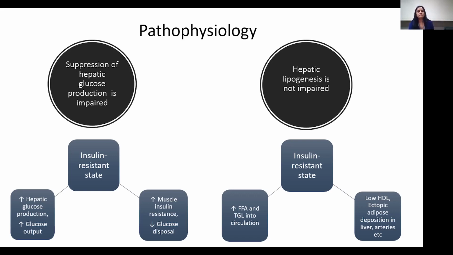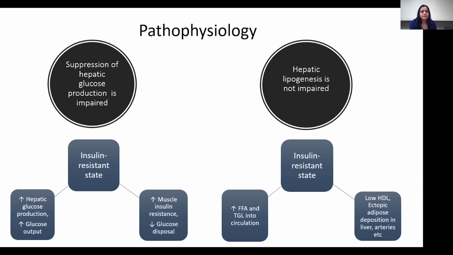Going to the glucose metabolism, suppression of hepatic glucose production is impaired. It is kind of a confusing term, but in the liver, generally, insulin helps with the suppression of hepatic glucose production, and in the insulin resistant stage, that is gone. Whereas in the lipid metabolism, hepatic lipogenesis is not impaired. So glucose metabolism is impaired, whereas lipogenesis is not impaired. So two